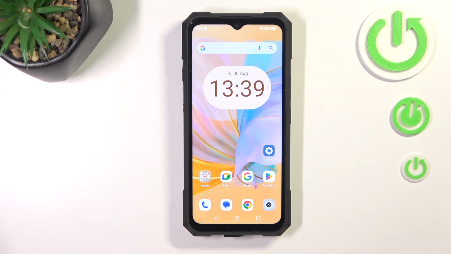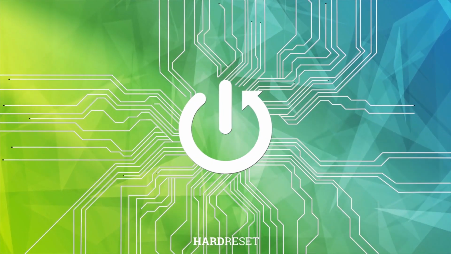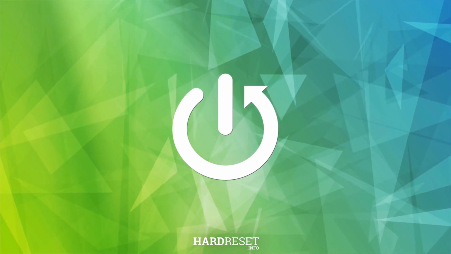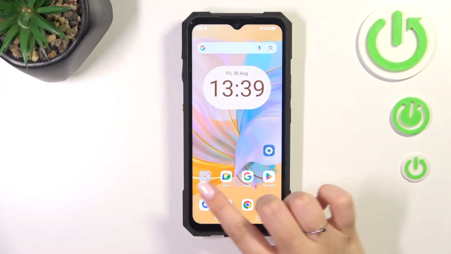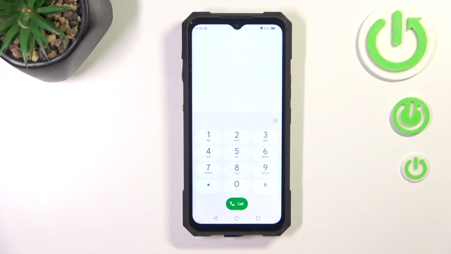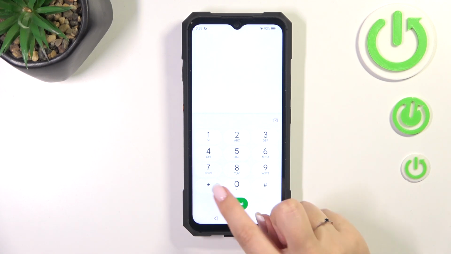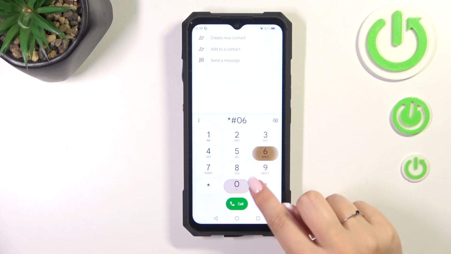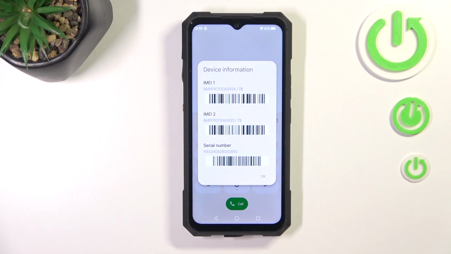Hi everyone, in front of me I've got CUBOT King Kong X, and let me share with you how to use secret codes on this device. So let's start with opening the dialer. Let's tap on the keypad and let's start with the shortest code, which is *#06#. And as you can see by this code, we are provided with both IMEI numbers and the serial number